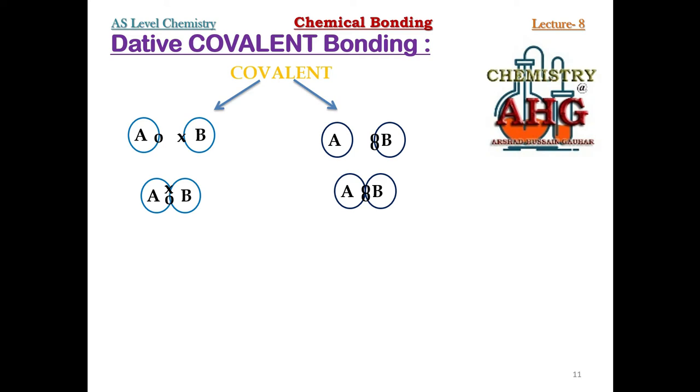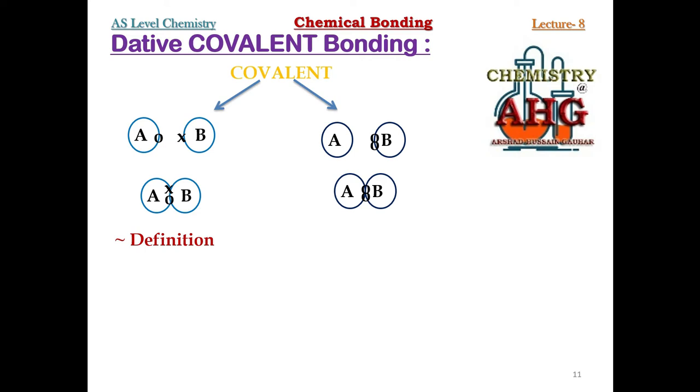And remember, whenever a substance has dative covalent bond, it is known as coordination compound or complex. So one thing from this example has become obvious. And now how you can write down the definition for dative covalent bond? You can write down: covalent bond in which the bonding pair is provided by one atom only, but mutually shared by both the atoms. Such a covalent bond is known as dative covalent bond.